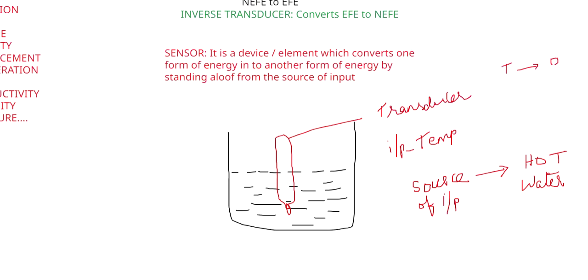So it's converting one form to another form, another form of energy. Temperature is one form of energy, and liquid level rising is another form of energy. Okay, displacement. So it is called a transducer. Okay. So for example,